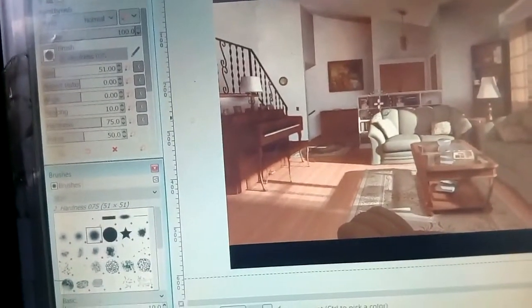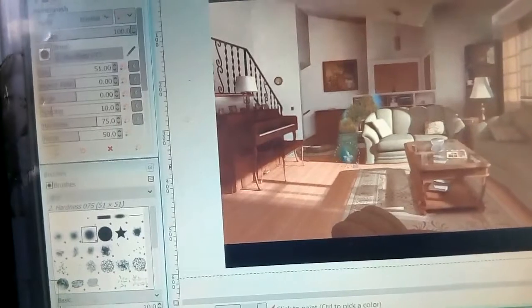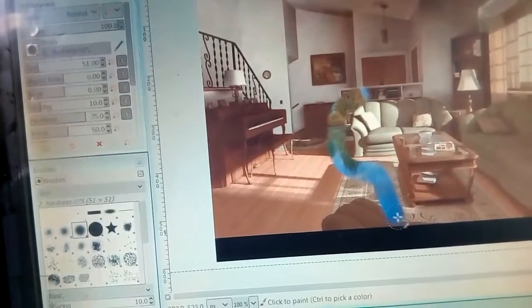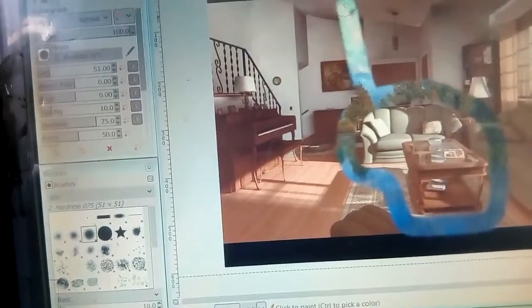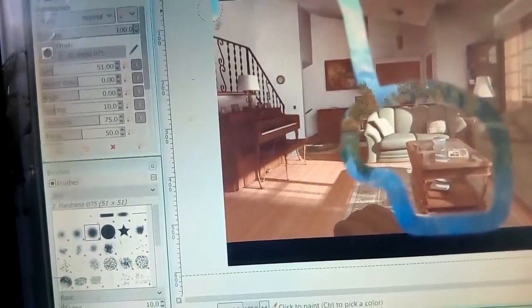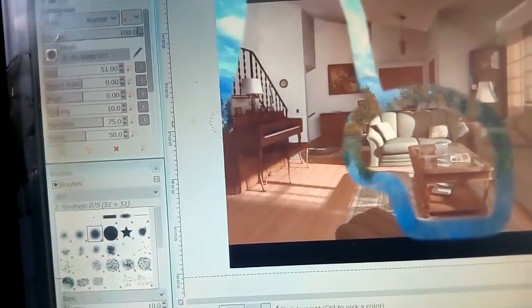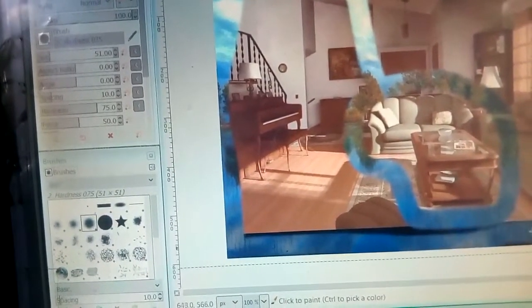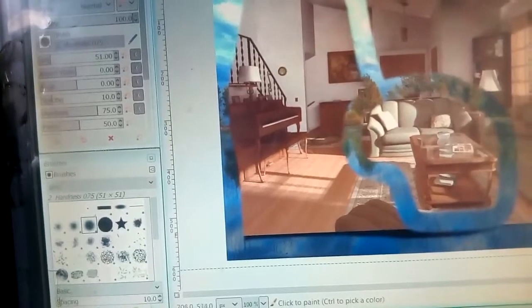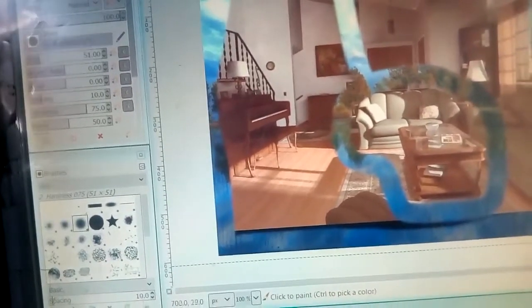Which portion you want, you just select first. You can see here that the first layer is coming over here.